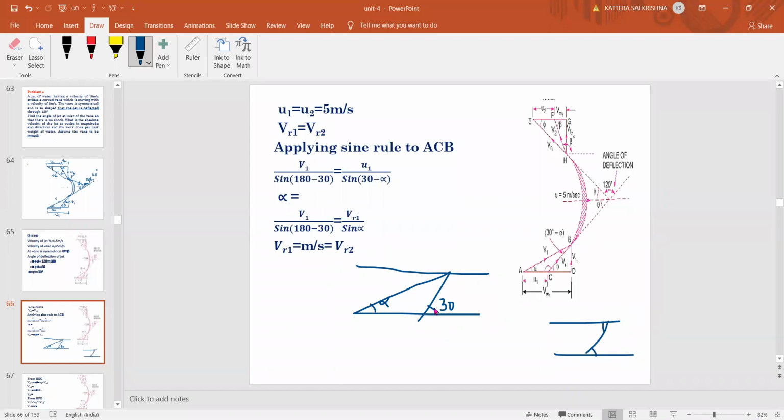Now if you see, this angle will be equal to this one. For this line, this will be 30, yes or no? 30 here, and in the same way this full angle is 30 now. Understood? Full angle is 30. And now you see this line. Here it is alpha, so what will be this angle? This will also be alpha. So now you can understand what the inside angle is. Total is 30 minus alpha, you will get this angle. So the angle between these two lines is nothing but 30 minus alpha. That's why it is U1 by sine of 30 minus alpha. Yes, any doubt now?